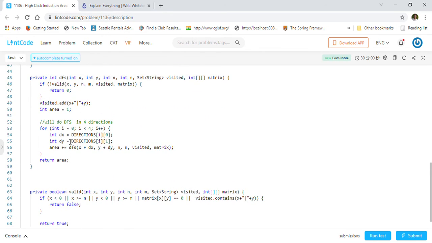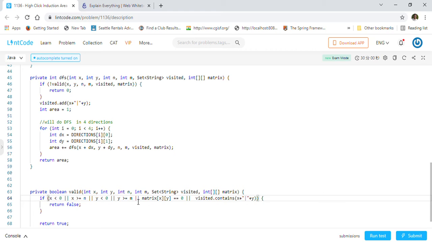Before going to the DFS function, I just created one helper function here that will check if the cell we are going to visit in the DFS is valid or not. As you can see, first thing we want to check is that we don't go out of the boundary of the matrix. So we are checking if x is less than 0 or x is greater than or equal to n, y is less than 0 or y is greater than or equal to m.